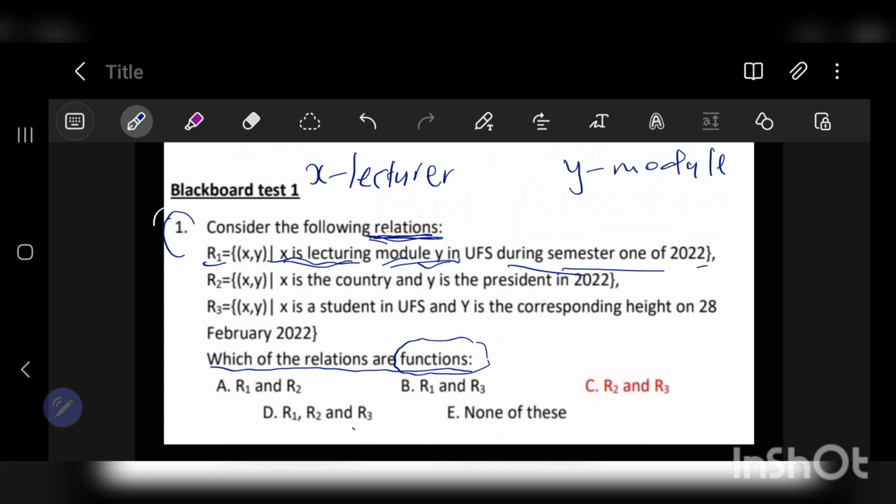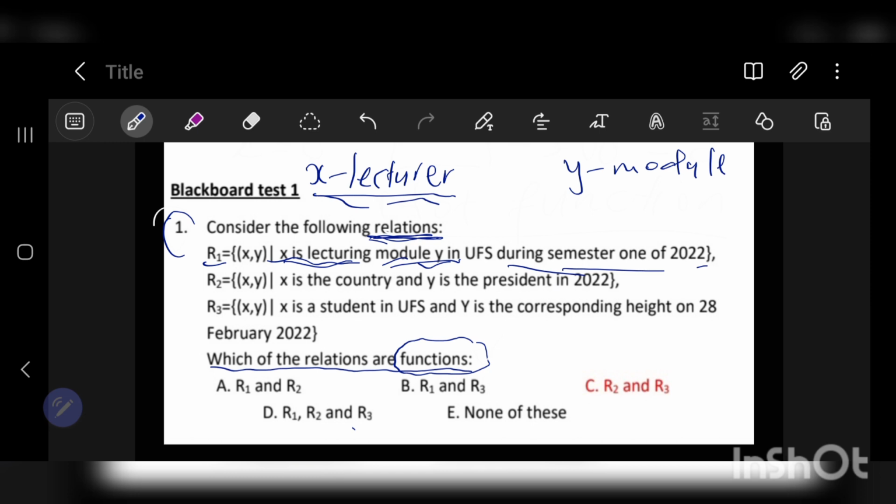So based on the information that you know about function, does this mathematical statement, which in this case is a relation, qualify to be a function, or does it not? So let us try and make sense of this, people. Remember, a lecturer, one lecture, which is one input,